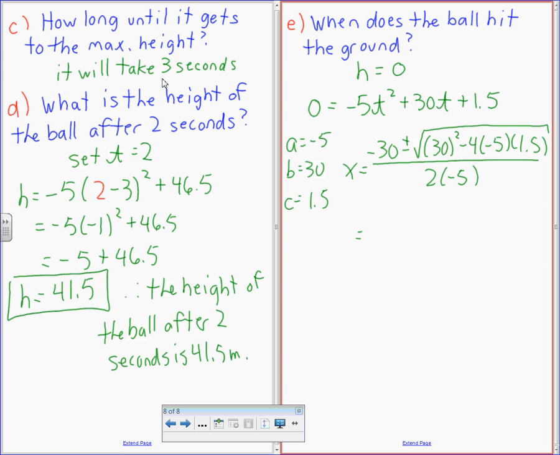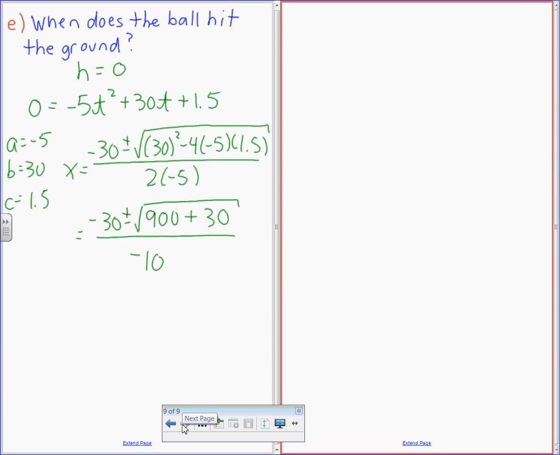Okay, Noah, can you be human calculator? What's 30 squared, please? And negative 4 times negative 5 times 1.5. It should be on your paper, right? I think it's positive 30. Is it? Can you confirm it's positive? Yeah. Okay, so I'm going to write that as x equals negative 30 plus or minus the square root of 930